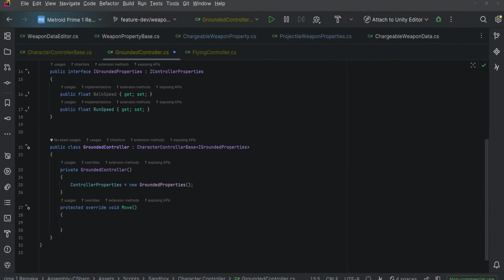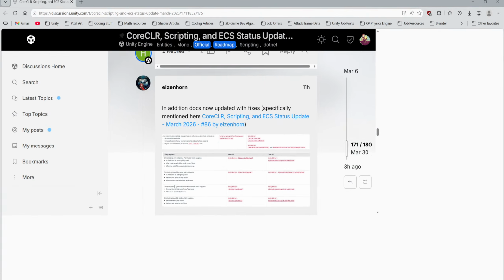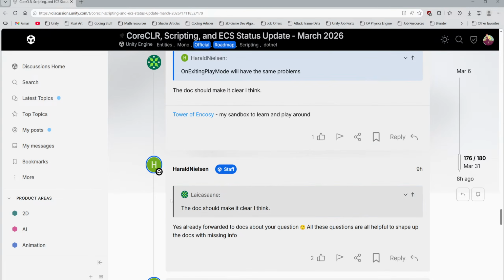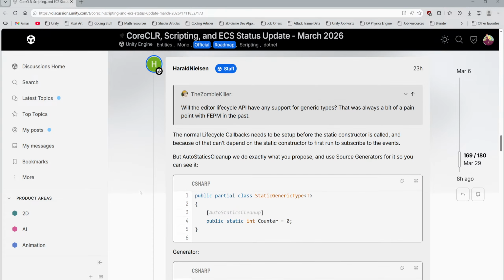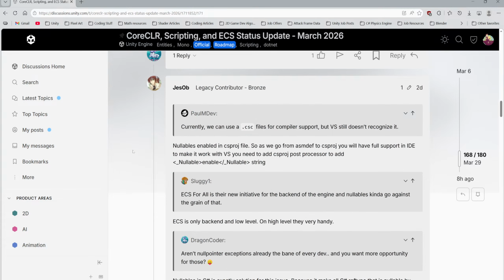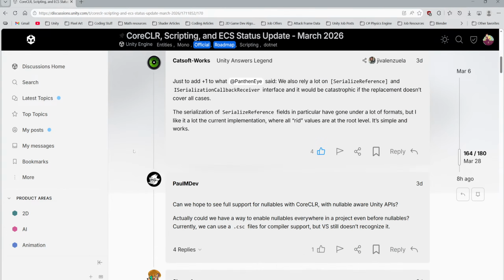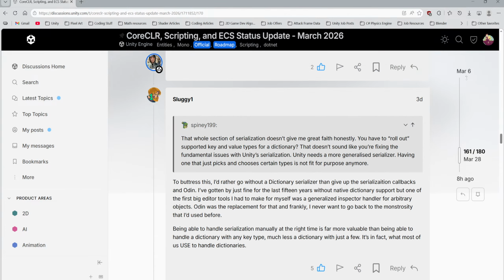Well, Unity has this thing called ISerializationCallbackReceiver. Got to be careful with implementing it this way. The reason why is that in the future, if I start using a project inside CoreCLR, CoreCLR does not actually have an ISerializable thing. Sorry, it goes from dark mode to white mode. So sorry for the flashbang, everyone. I didn't think about that. I should have warned everybody. But if I actually go into the top here,